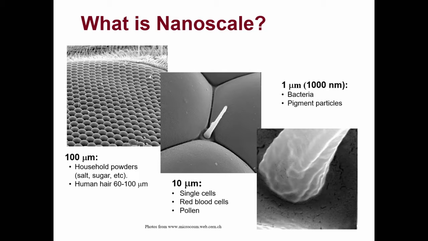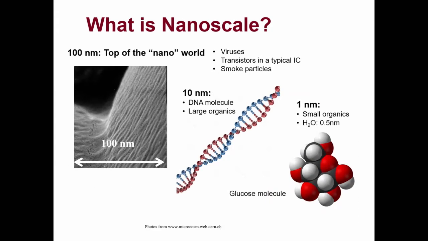Now, this is all above the nanoscale. 1 micrometer is equivalent to 1,000 nanometers. To become truly nano, we need to zoom in by another factor of 10. And the upper left photo is of 100 nanometers wide. It's been taken with a scanning electron microscope, and it shows the protein bundles that form that sensory organ in the fly's eye. 100 nanometers is also roughly the size range where we encounter viruses.